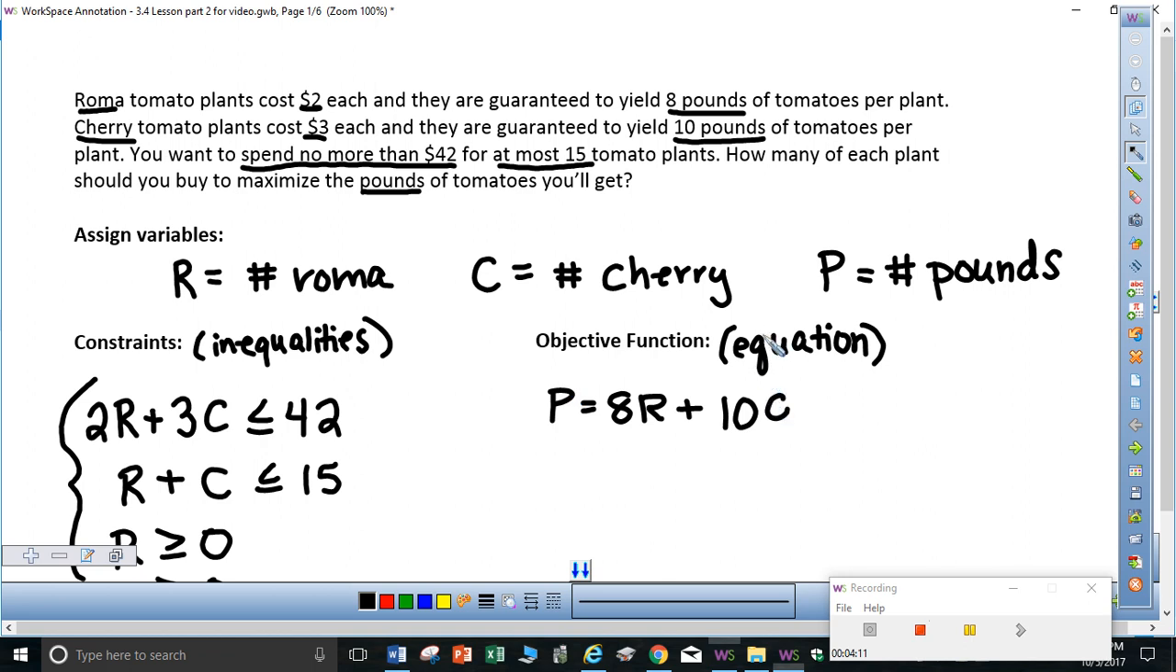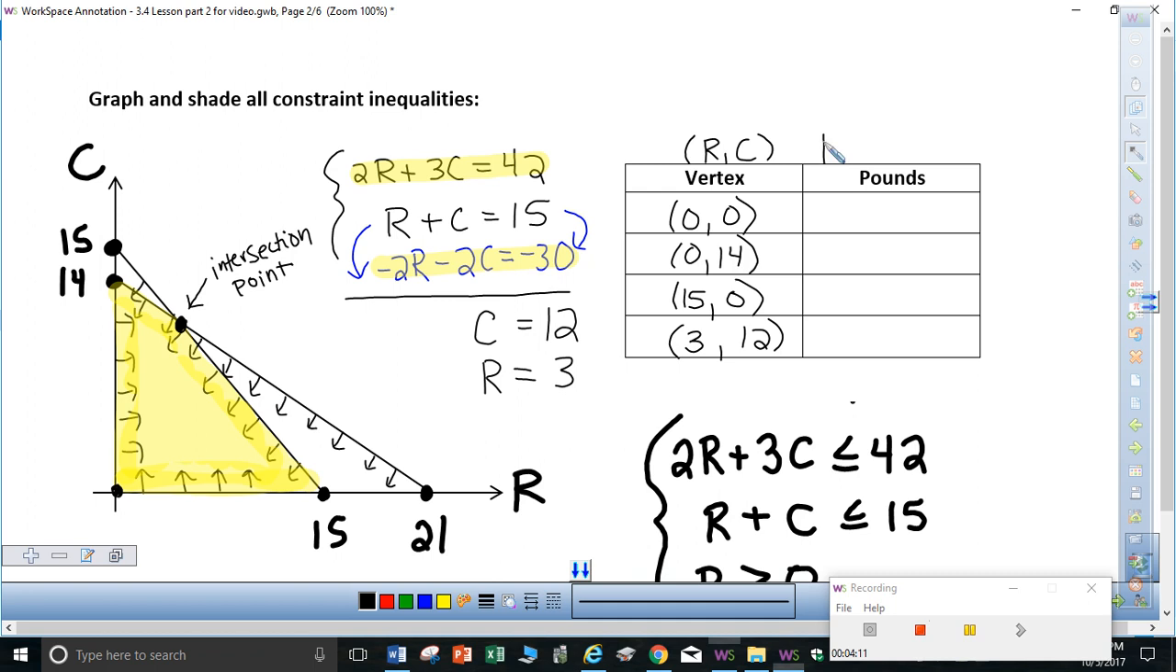telling us about the number of pounds. We want the maximum number of pounds. So let's actually rewrite that. The number of pounds is equal to 8 pounds per Roma plant and 10 pounds per cherry plant. So if we were to plug in our numbers,